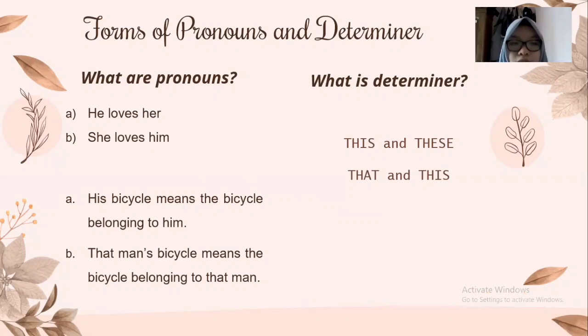Okay, this is an example of pronouns. He loves her. She loves him. He and him are sometimes said to contrast in case, he belonging to the nominative case and him belonging to the accusative case. This kind of inflection has only a marginal role in English, being limited to pronouns.